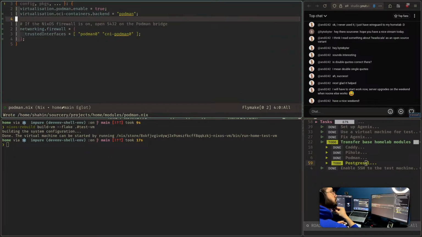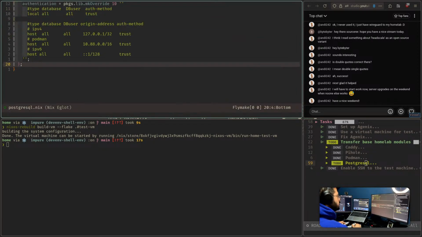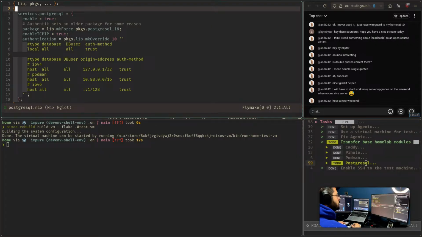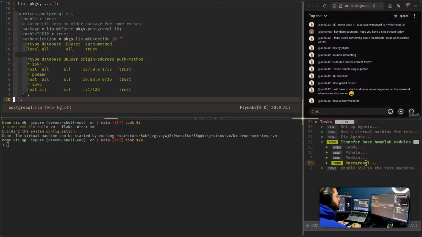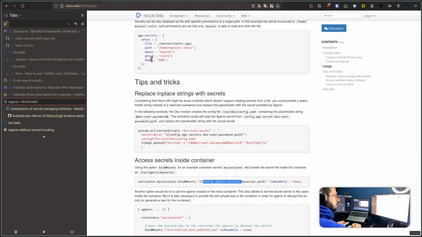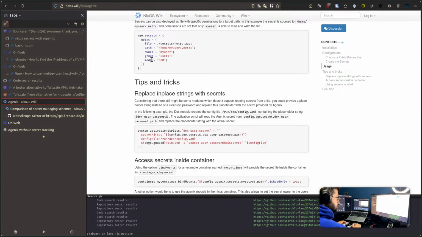Yeah. And remove this nonsense. Just trusting the whole interface. So Postgres. Okay, apparently this was a quirk. But let's see. What I do is go to GitHub, Nix, Postgres,